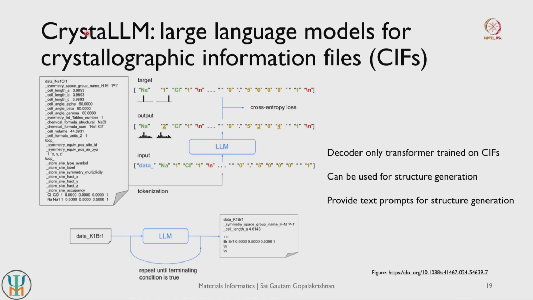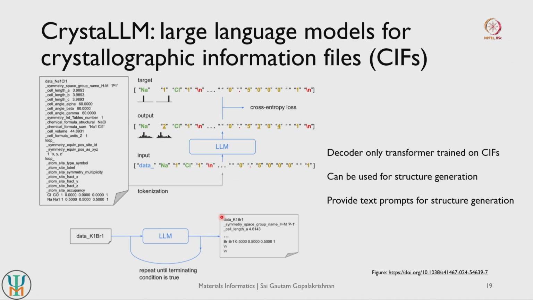Crystal LLM stands for Crystal Large Language Models, and these are models that are used for generating crystallographic information files, or CIF files. Each CIF file encodes a structure, so it is structural information put into text form. What these authors did was use these LLM architectures, where they mainly used only decoders, to train on these CIF files, taken from a publicly available repository. They trained these models, and these models then use auto-regressive techniques to generate structures.